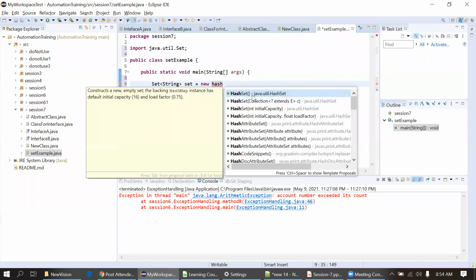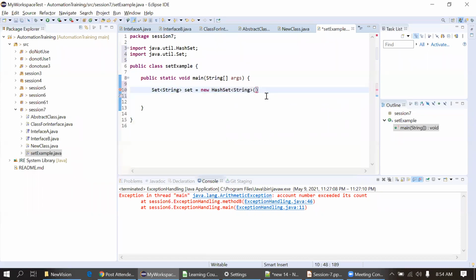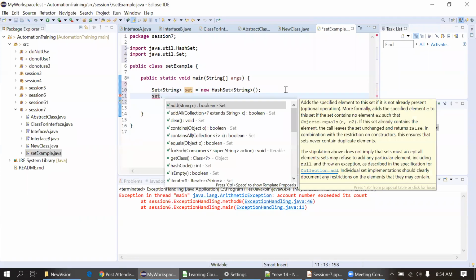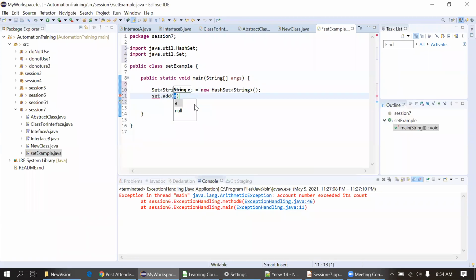Okay, and always we have to remember this package name, java.util. Okay, just providing the semicolon. set dot add. I will just add some values in the set: abc, xyz.